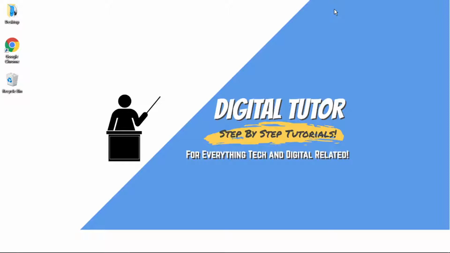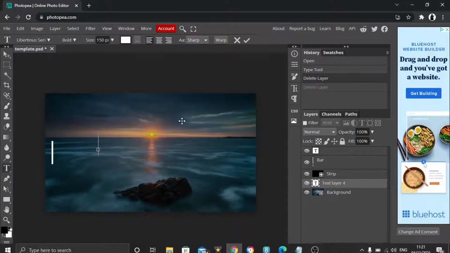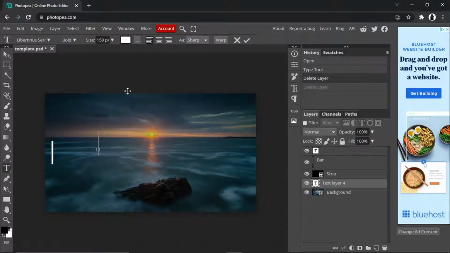So to do this, it's actually quite simple to do. So the first thing you're going to want to do is obviously come across to photopea.com, and you just want to go ahead and open up your document, and basically what you want to do first is get some text on there. So if you come to the menu on the left hand side, what you want to do is click onto this type tool, so this picture of a T,